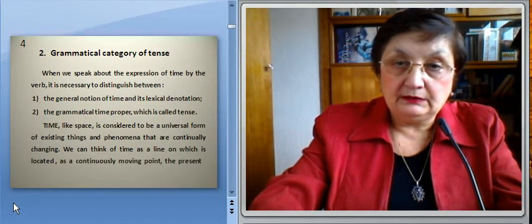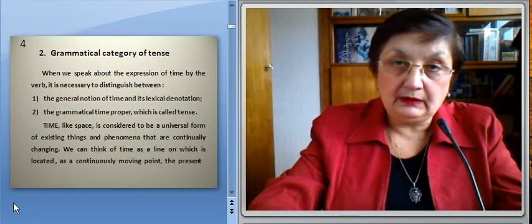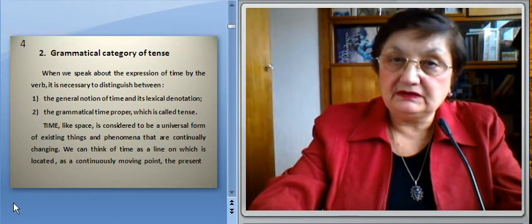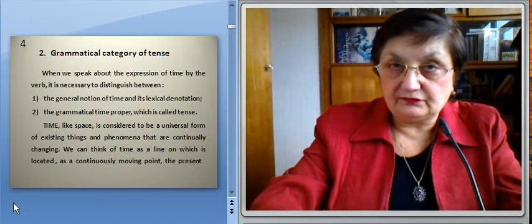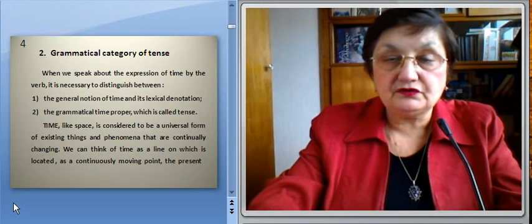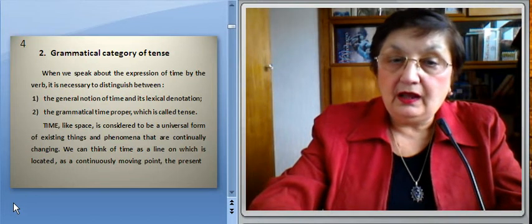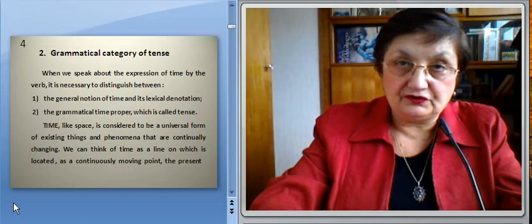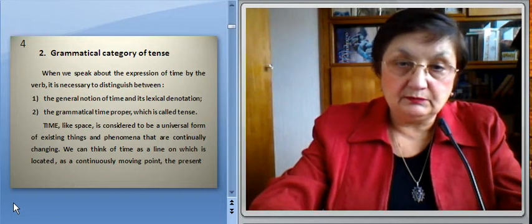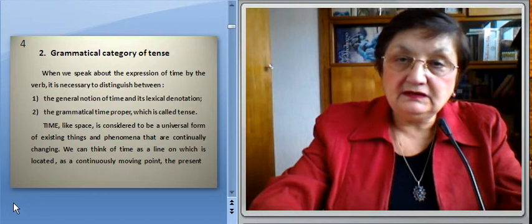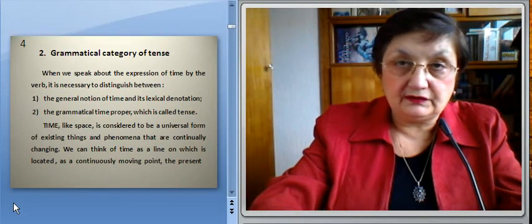Now we'll discuss the grammatical category of tense. When we speak about the expression of time by the verb, it is necessary to distinguish between the general notion of time and its lexical denotation on the one hand, and the grammatical time proper, which is called tense, on the other hand. Time, like space, is considered to be a universal form of existing things and phenomena that are